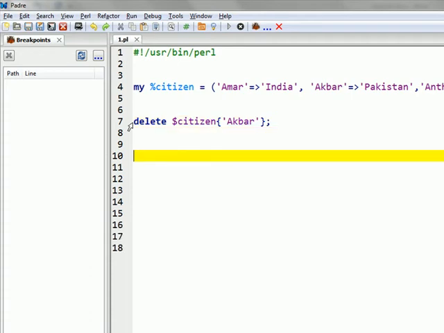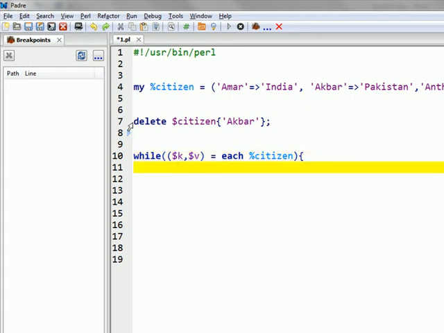Then if I have to access, while ($k, $v) is equal to each %citizen, print $k $v \n.